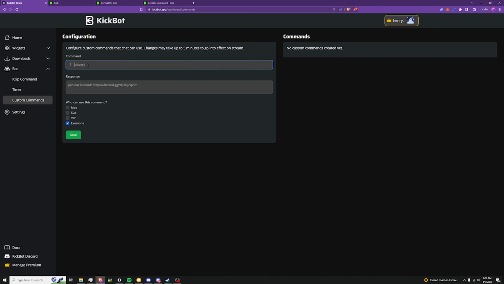So I'm going to create a command. I'm going to call it Discord. And then all commands are prefixed with an exclamation mark, but you don't need to add this to your command. This is automatically given. So you can just type in the command. So mine is Discord. I'll make the response, join our Discord server